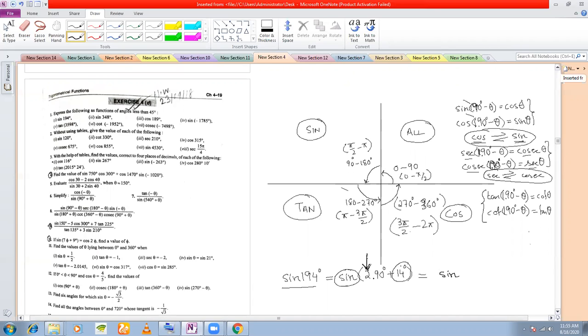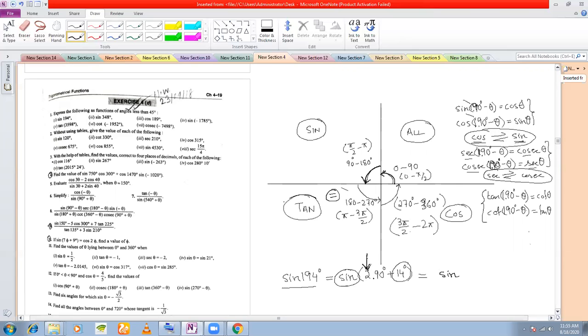Okay. Now you need to check whether this should be a minus sign or a plus sign. So now we'll check which quadrant it lies in. 2 into 90 degree. This is my first quadrant, 90 degree. Third quadrant. Yes, 2 into 90 degree is 180 degree plus some angle. That means it lies in the third quadrant, right? It lies in this quadrant.